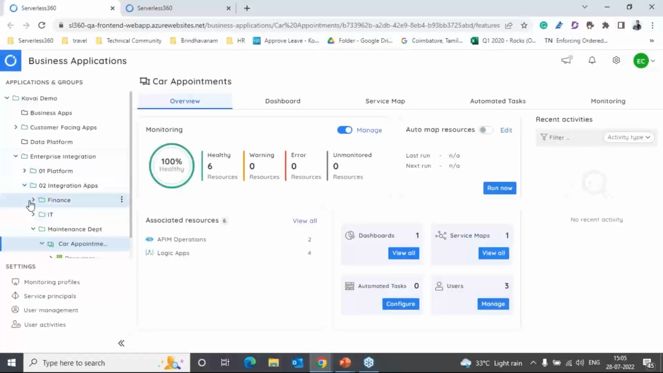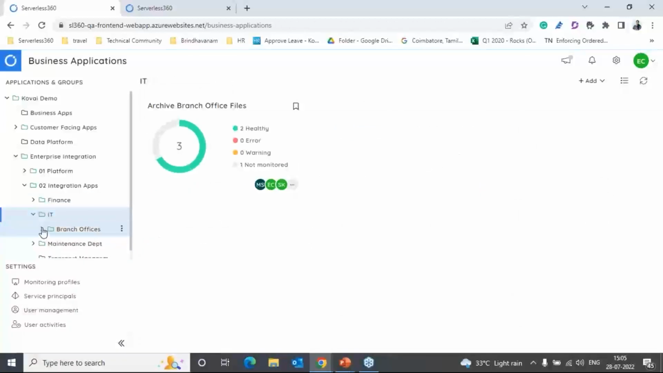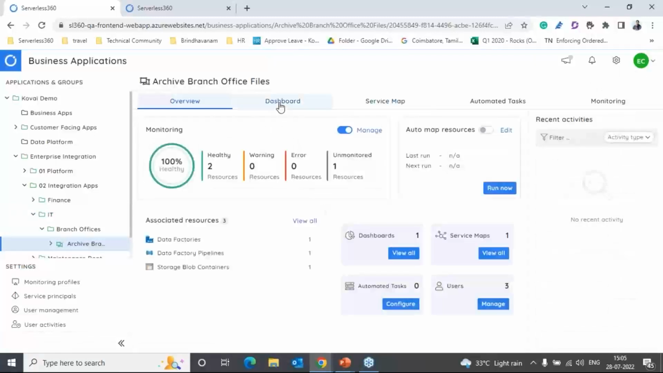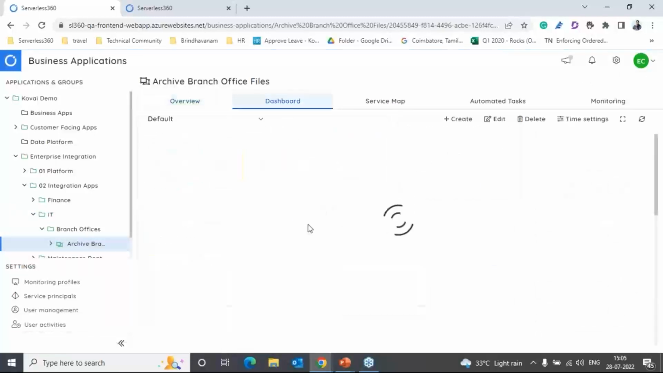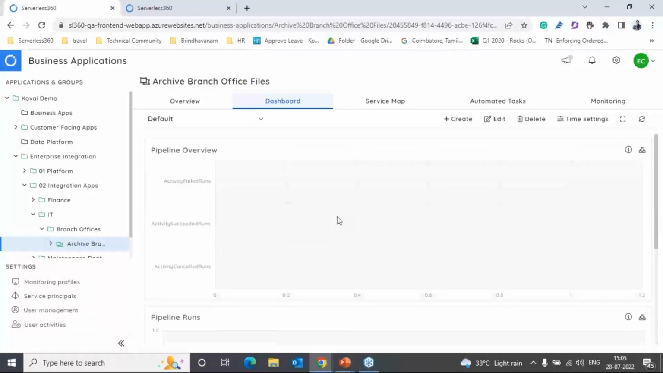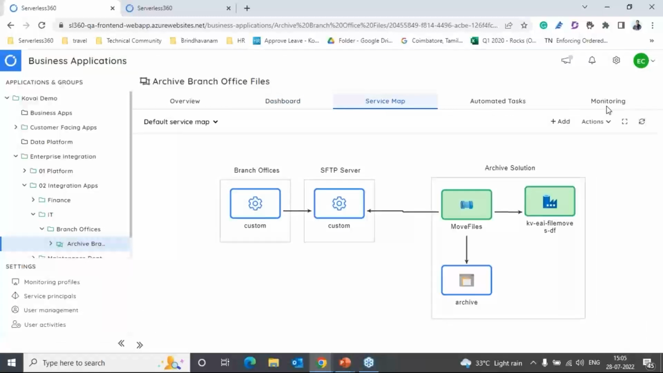So here under my enterprise integration apps, under IT department, I have my archive branch office files application, which is defined with a dashboard that's going to give me an insight on the key performance indices of my resources. And I have a service map that represents the entire application. As you notice here, there could be components that are outside Azure which cannot be monitored, but still I